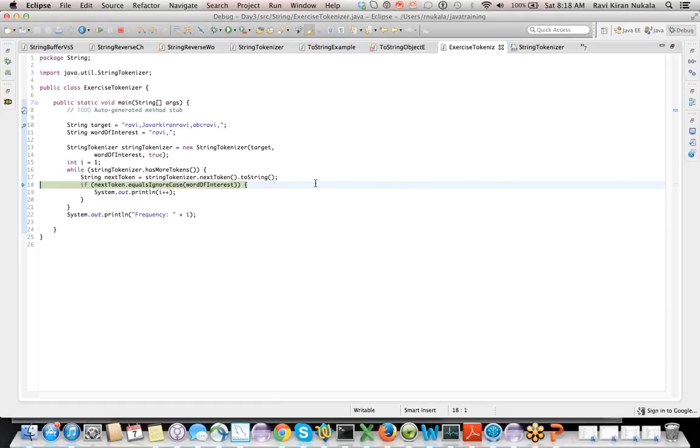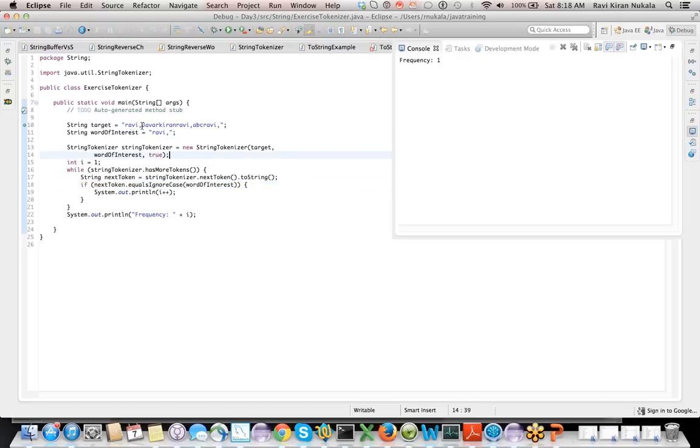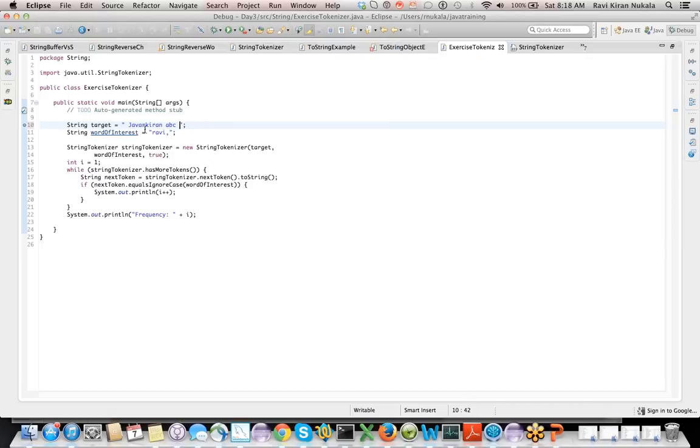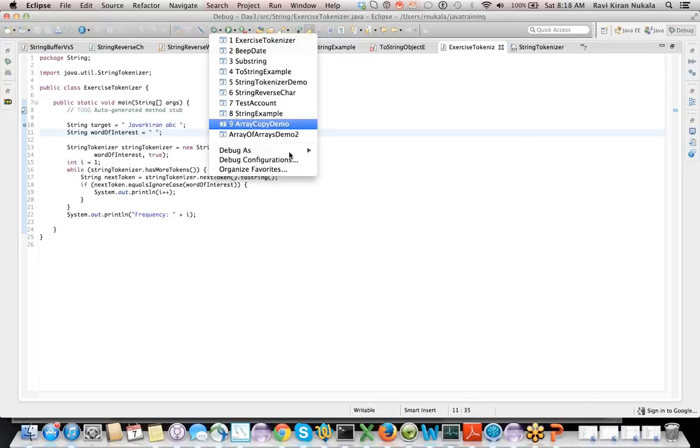Hmm. Yeah, it doesn't work for these guys. Anything that is followed by a string, it doesn't work. Looks like you can have a delimiter like a space. Probably that's when it works. Yeah, it is bad. A good thing to know about the tokenizer. See, this one works. Then this one gives us only two.